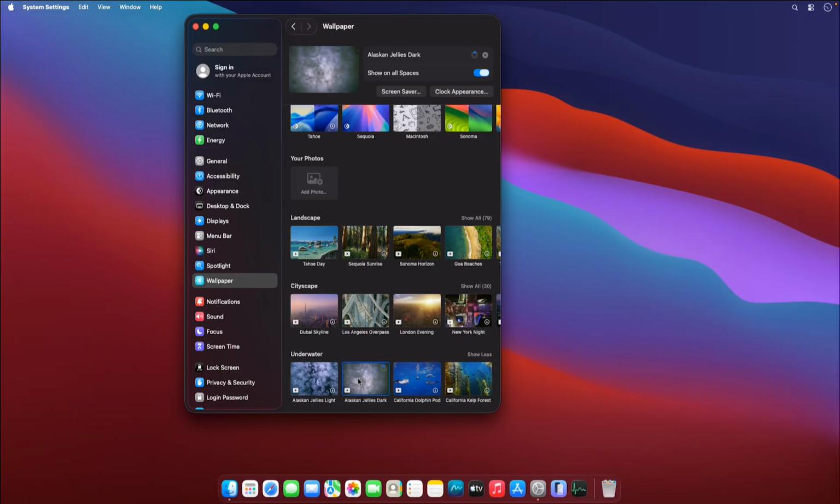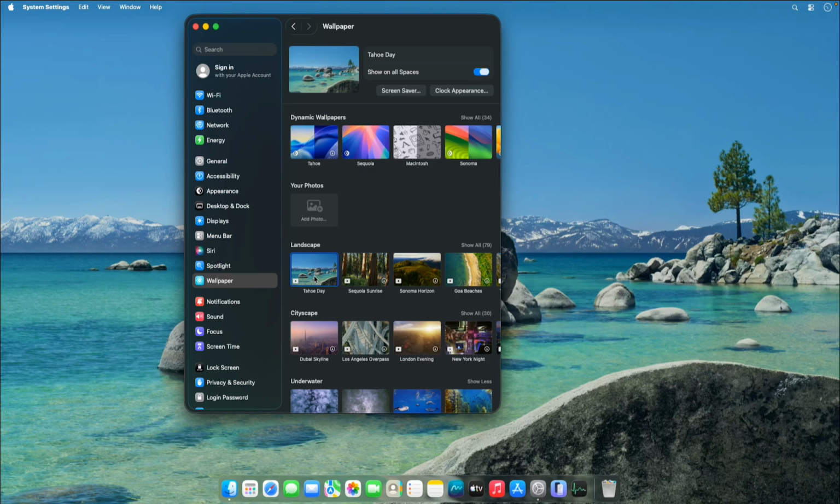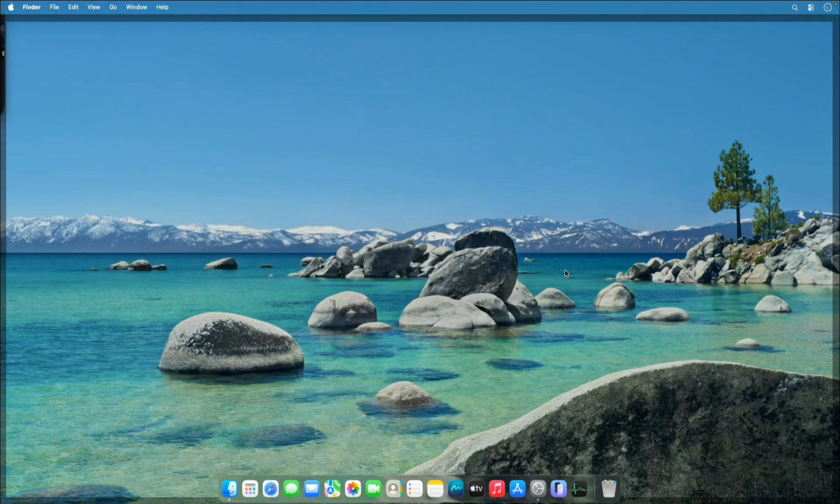where you can just choose and it will download if it's not already available on your system. Once it is downloaded, it will be applied. So you can see here right now it is being downloaded. If you just go and click on this landscape, you can see this is the wallpaper that has